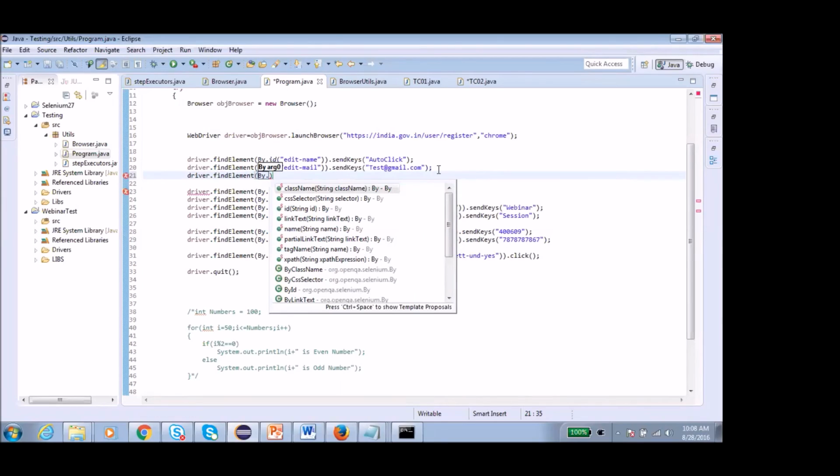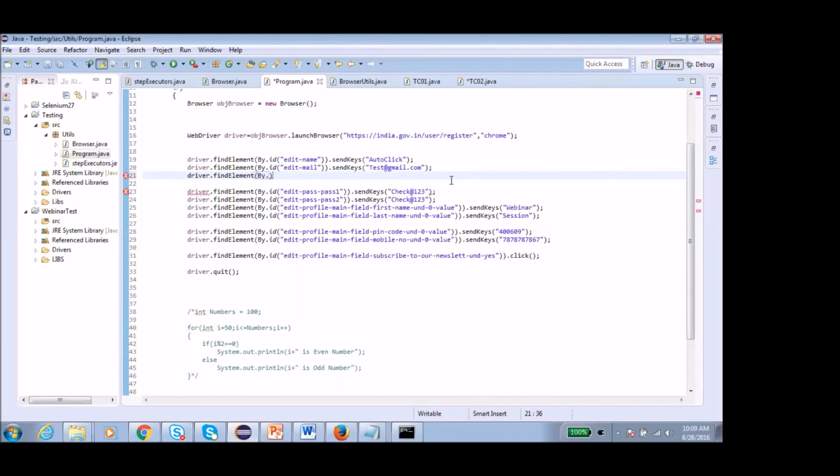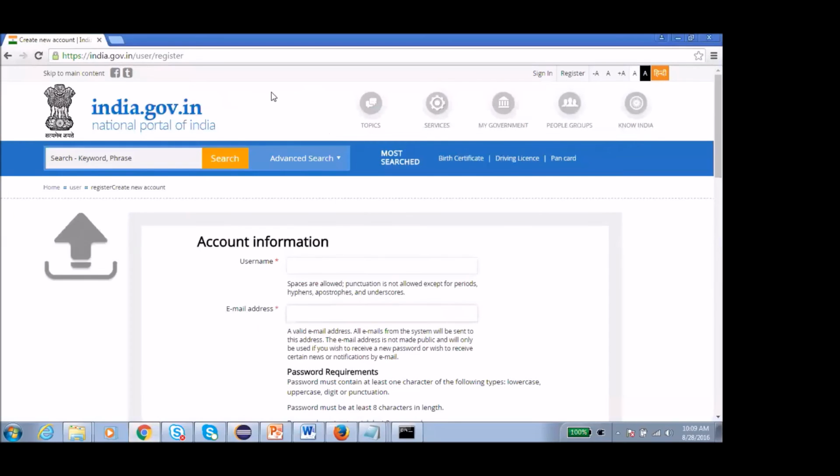Absolute path is where we define each and every node starting from HTML, and relative XPath is where we skip some elements when we are defining the path. So once we start the lab session, we can understand what XPath is and what the different locators are. So as of now, what we can see over here is this page we have to automate, and how we have got that ID or name or different class of different locators.